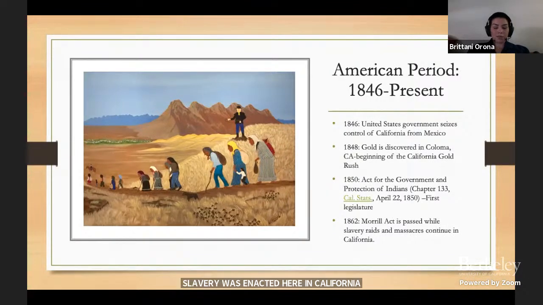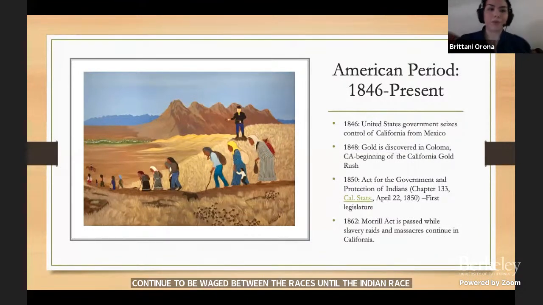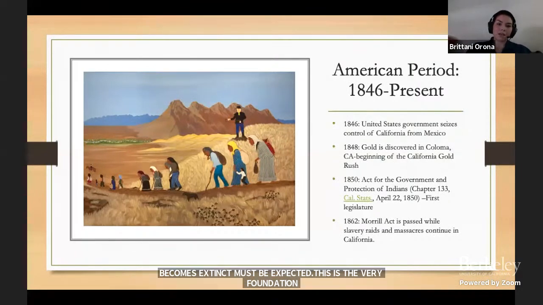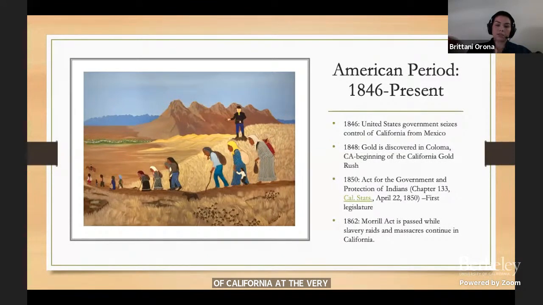And the first governor of California, Peter Burnett, as he signed the law into being, explained in his governor's speech from January 6, 1851, that a war of extermination would continue to be waged between the races until the Indian race becomes extinct must be expected. So this is the very foundation of California at the very beginning, and that a war of extinction was to be continuously waged towards California Indian people